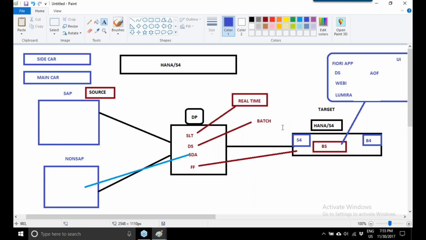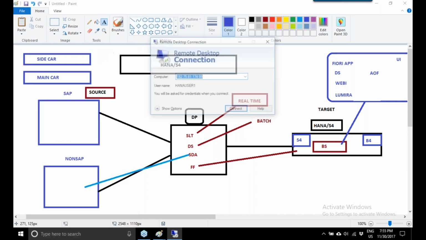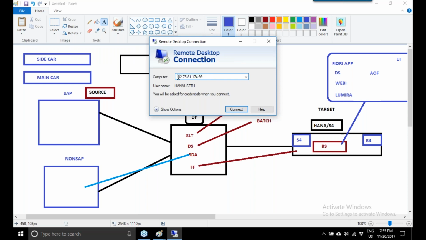So let me show you how the systems are integrated with each other. Let me log into system and show you. For participants to log into system, now in order to work on this environment, we can log into our environment using remote desktop. So click on the remote desktop. So participants need to enter this IP address. So every participant will have their own unique user ID and password. So they can enter their unique user ID and password, click connect.